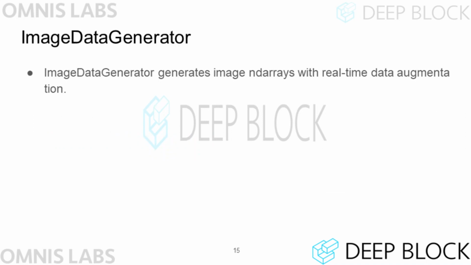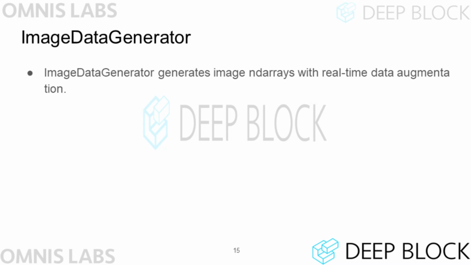Let's go back to explaining the code. In the 6th and 7th lines, you can see that a class instance image data generator is created. Image data generator is a generator utilized to convert image data to ND-array in real time. In the last lecture, we said that as the size of neural network increases, the amount of training data that can be loaded decreases. The MobileNet we'll be using today is much larger than the neural network we've implemented so far.